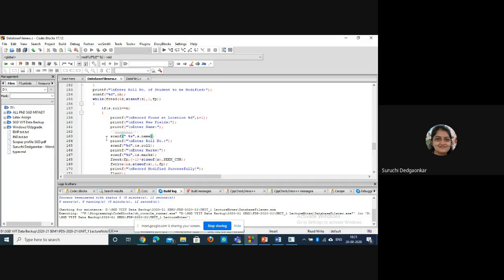Because see, we have found the record at, suppose, position 5, and my pointer automatically goes after fread, that fp pointer will be incremented to the next position, the sixth record. Okay, so I have to bring that pointer back and then do the modification of the fifth record itself. Okay, that's why fseek is done. From the current position we are moving one record back. Okay, so -1 into size of s.